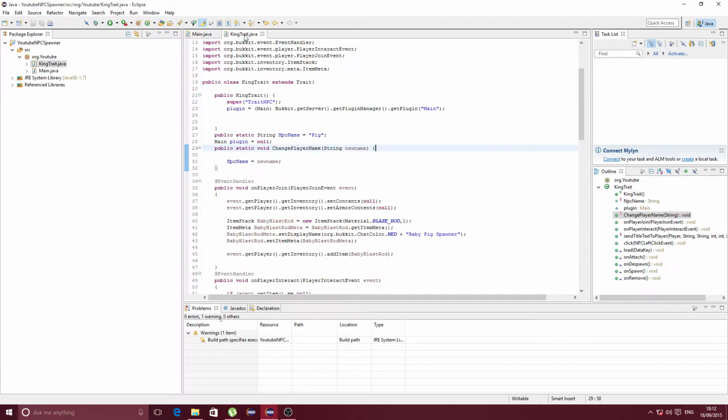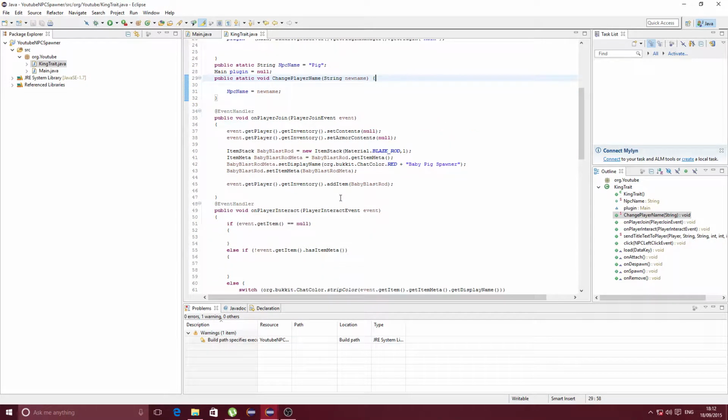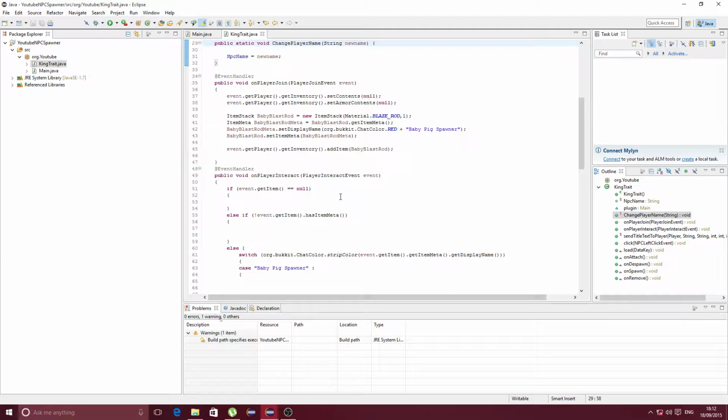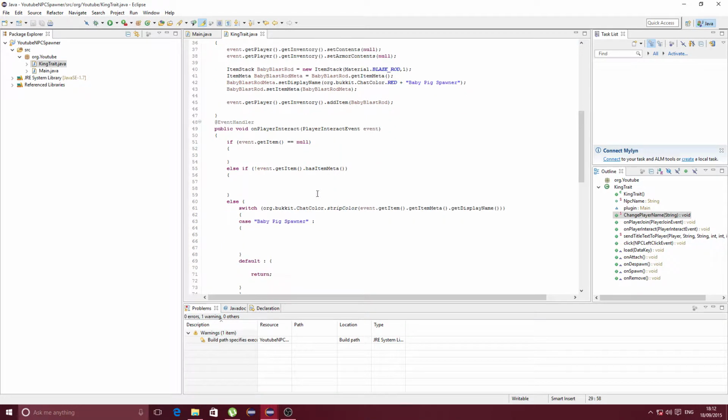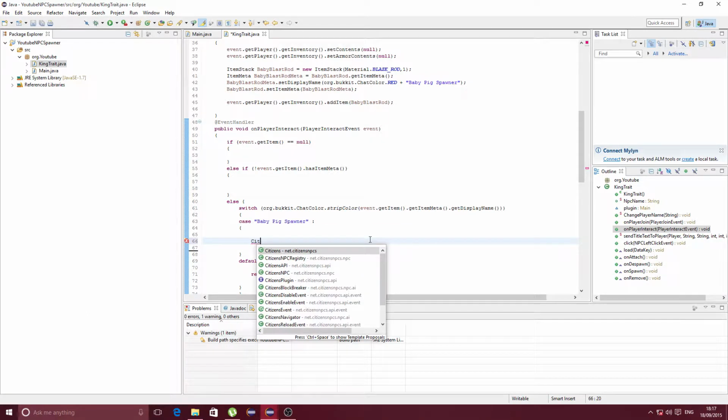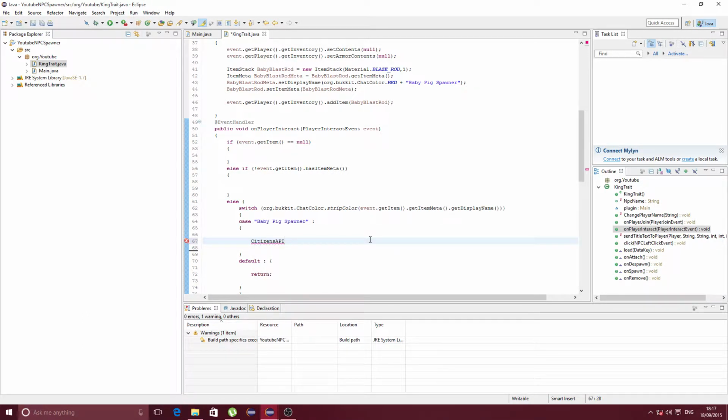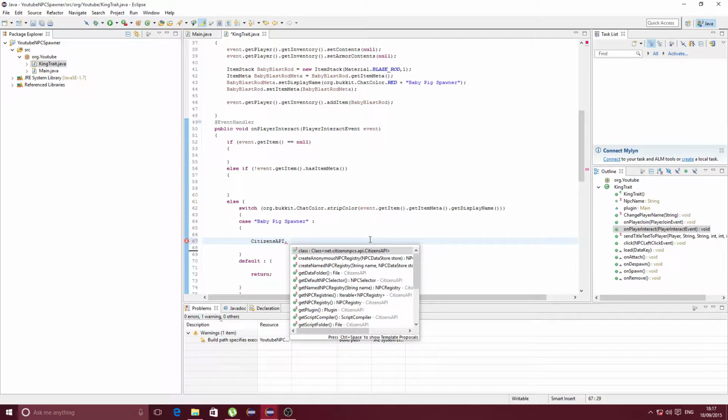So now we need to go back into king trait, and now we need to start spawning the players. What we've got to do is this: on interact, if the baby pig spawner is the name of the weapon that we're using, instead of using the net way, we're actually going to just type in citizens, because we have the API connected already. So we've got the Citizens API, and all these commands that we can now use from the Citizens API plugin. And we're going to get the NPC registry,